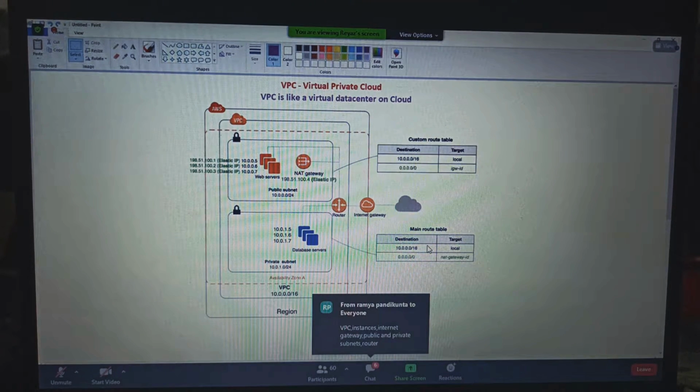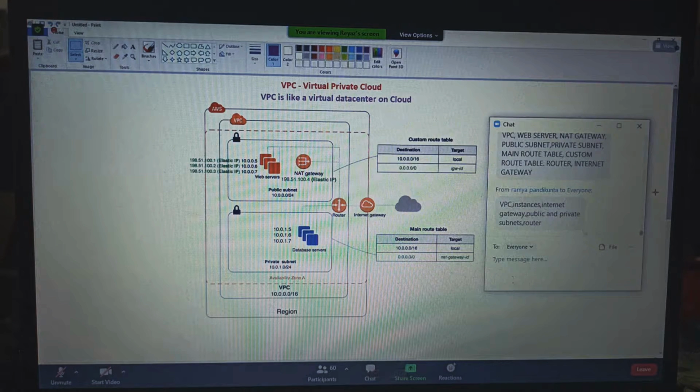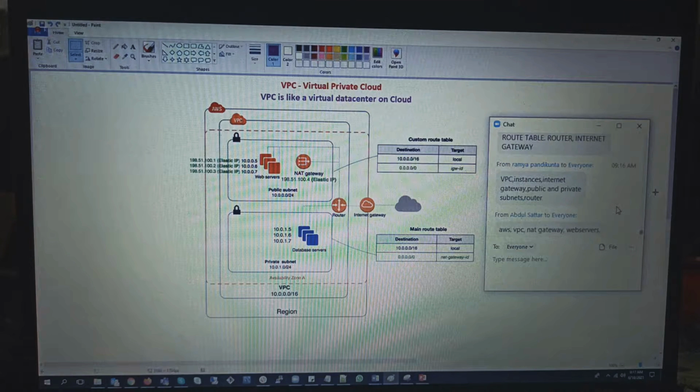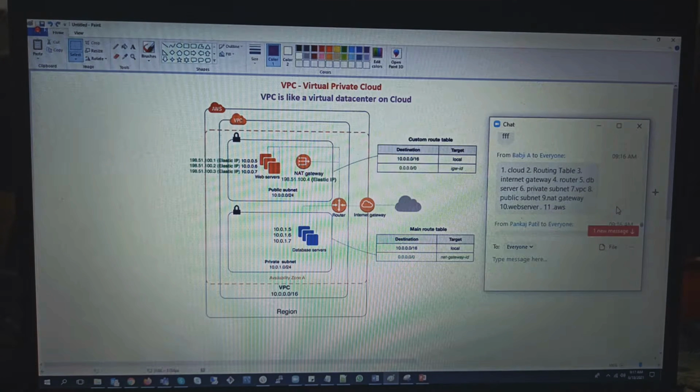Okay, I'm just seeing it. Nice. Routing tables, internet gateway, router, DB servers, private subnet, public subnet, NAT gateway, internet gateway. Very good.